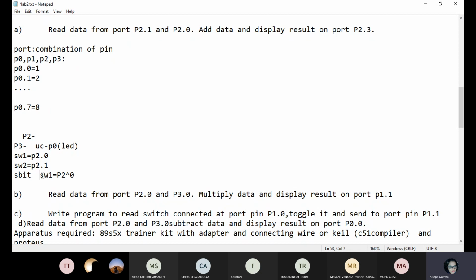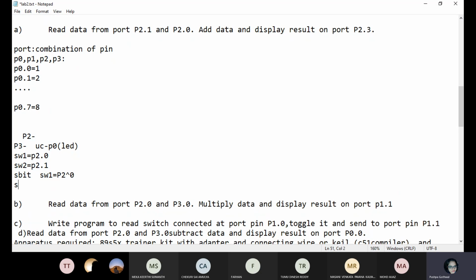So now your P2.0 is designated as switch 1. Now if I want to define switch 2, sbit switch2 = P2^1. In this way you can define individual port pins.